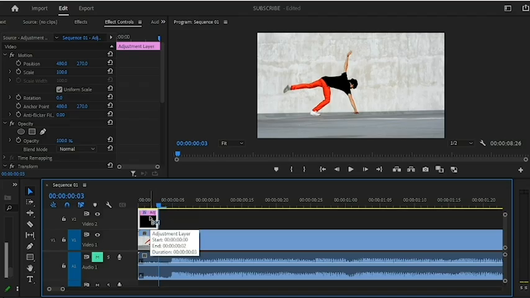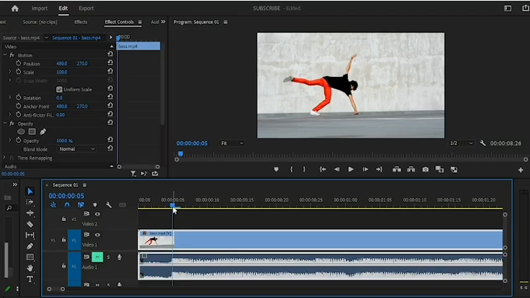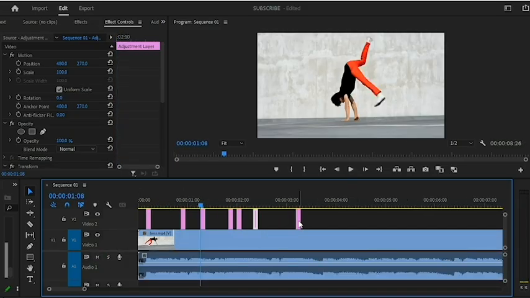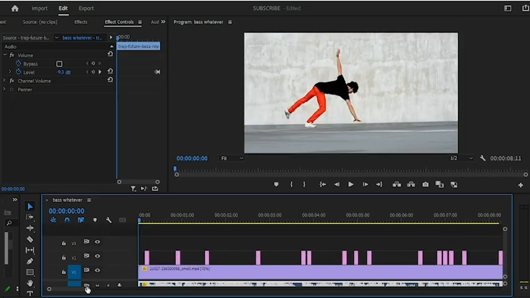Now what you are going to do with the clip is to place it wherever you hear the bass. So I'm going to cut this or copy it from here and then paste it right here. So there's a bass drop right here. When I unmute this and play this back. So all you need to do is to place the adjustment layer wherever you hear the bass. And then after doing that, when I play this back,